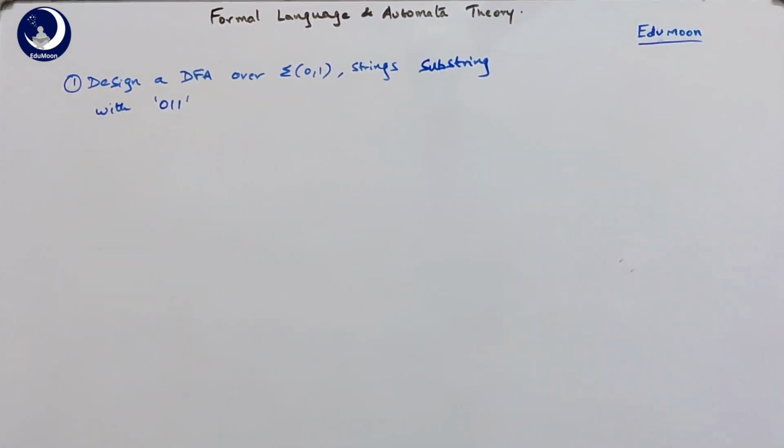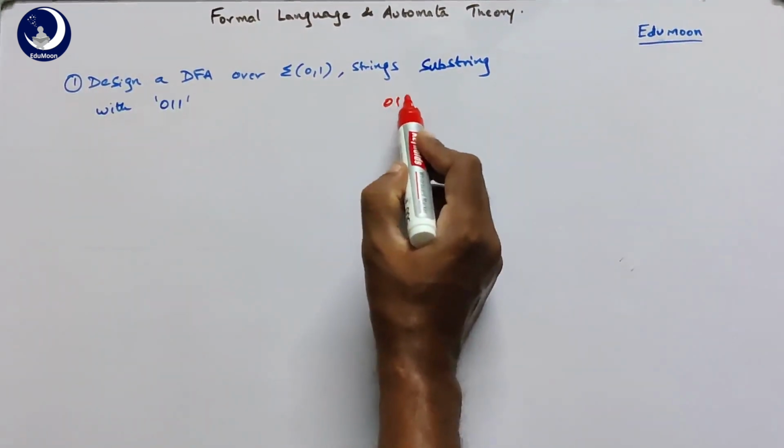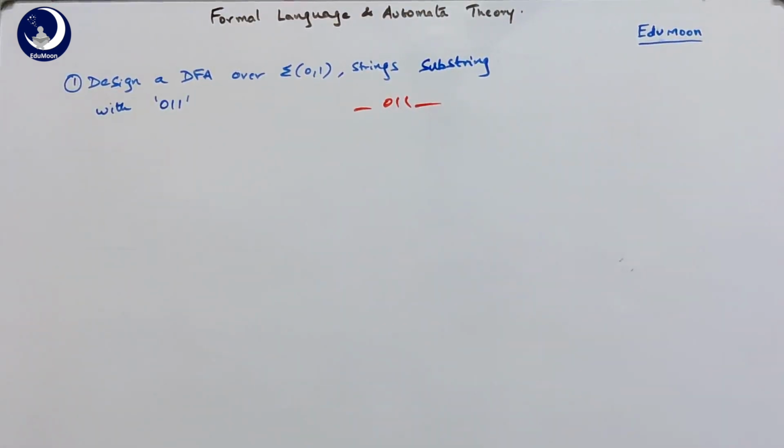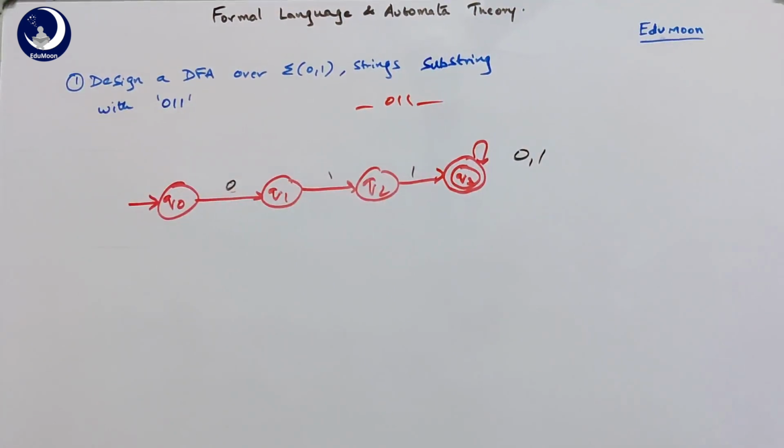Now as a last example in this video, we take the strings which are substring with 0 1 1, a similar example, but here substring. Substring means 0 1 1 can be present anywhere in the string: in the starting, ending, or in the middle. So there can be any starting symbols or ending symbols. Even this one is very simple, just the combination of both starting and ending. The substring problem can be seen as similar to starting with.